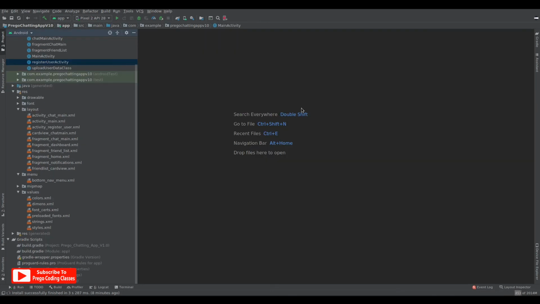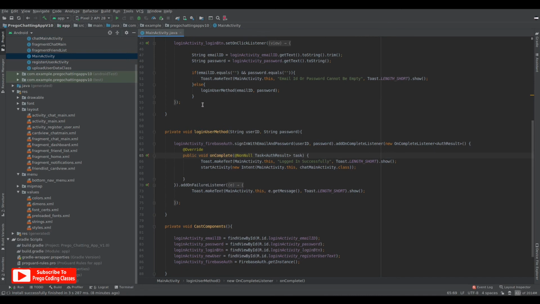Okay, one more thing I forgot. Let's get back to main activity. And under the login user method, it says public void onComplete. So when it starts completing, the start activity intent changes.